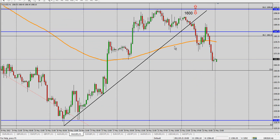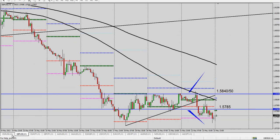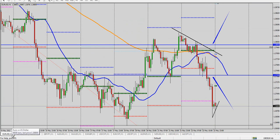But of course, we know that gold is very important for this movement. Gold has been channeling here between 1585 and 1600. Made a break today, pulled all the way back up, and now it's way back down. And this trend line is adios. So I think gold's picking up some momentum to the downside, and that should help that Aussie dollar and pound dollar and euro dollar all be able to continue down from there. So really great setup, some good things